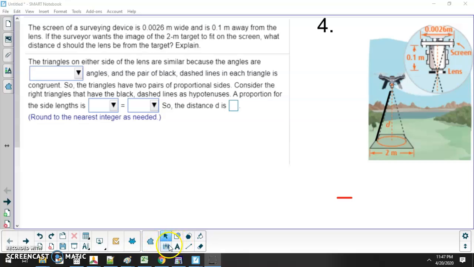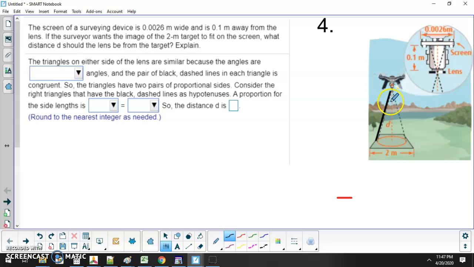Alright, but first let's talk about these couple problems that some people asked about here. So this is an interesting one. You've got a surveyor, and you're trying to figure out the height of this surveying device. There's a distance d in the end here. So without reading through everything here,